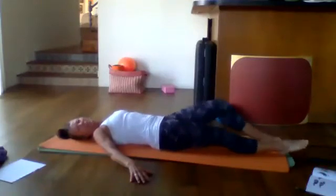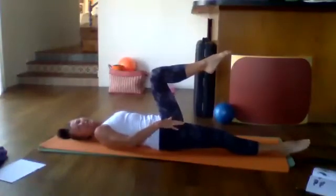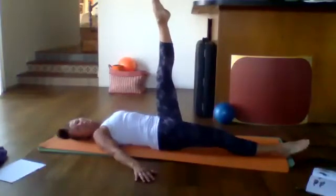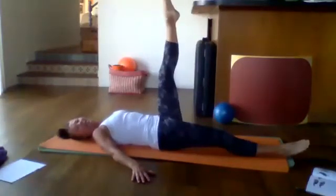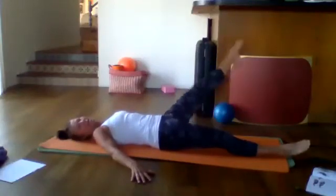Okay? Let's bend that left leg up to tabletop here. I'm really stretching my right foot down the mat and I'm pressing down with my heel. I'm going to extend that leg and make sure I can maintain my neutral position through my spine. I'm going to bring that leg across the body and then take it around. All right, and again, so I'm going to inhale for the first part of the circle and exhale second part